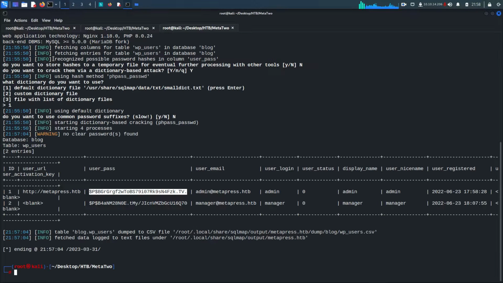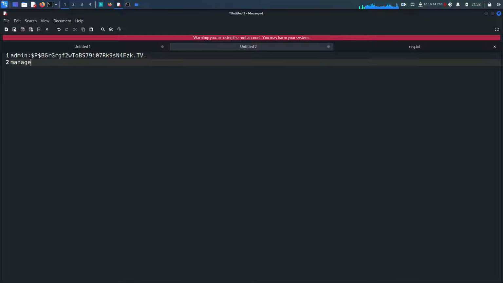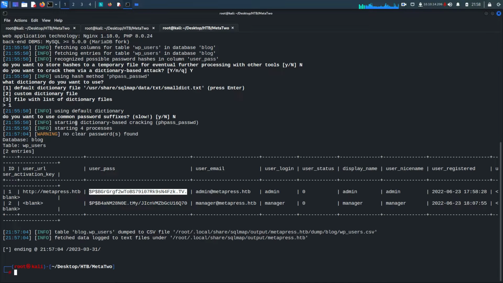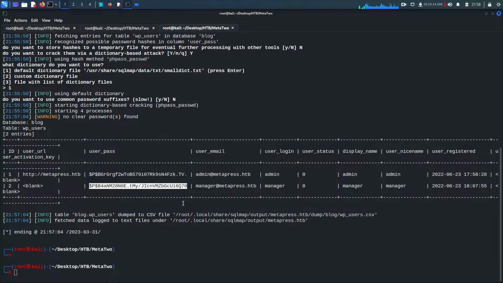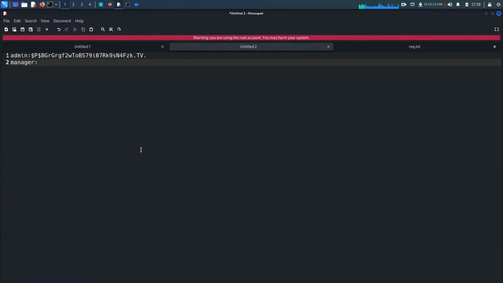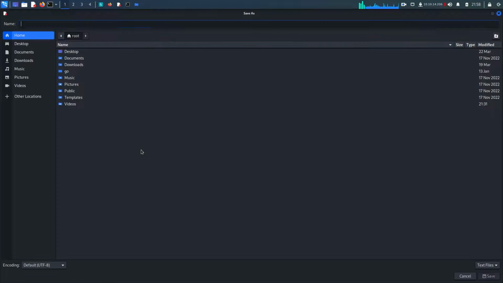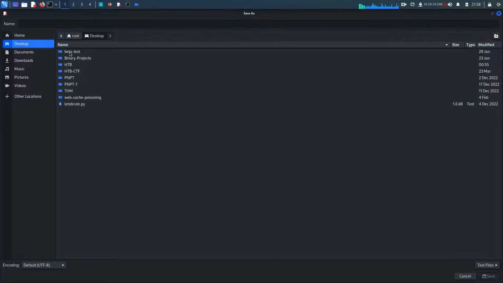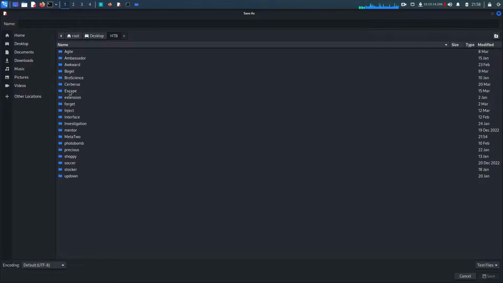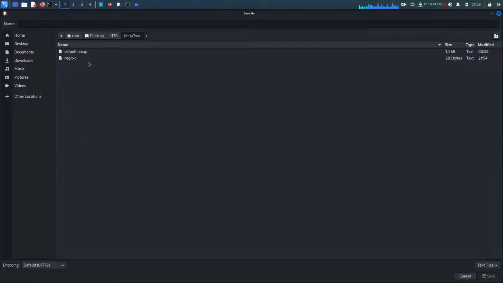Then the second user is manager, and the hash for the manager is this. So copy that and come back here, paste that, save this file, desktop htb MetaTwo, and let's save it here,